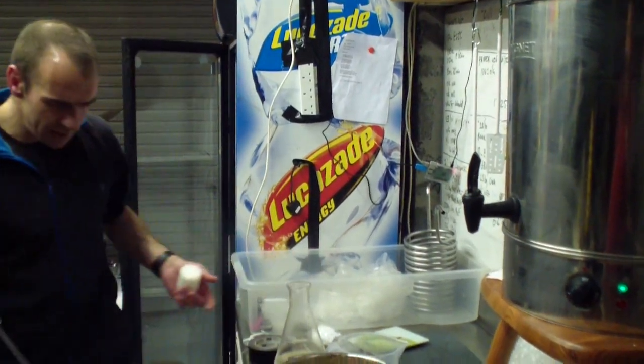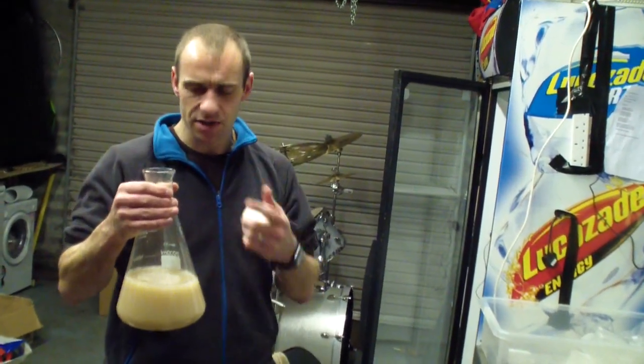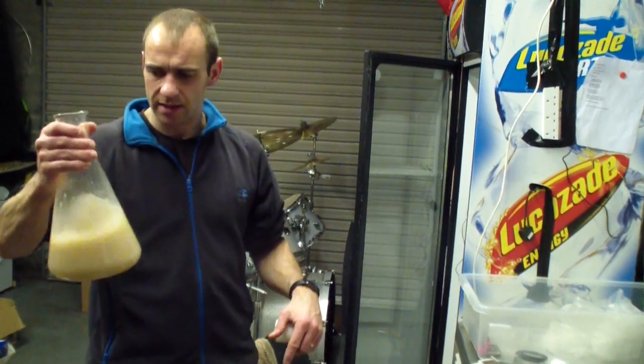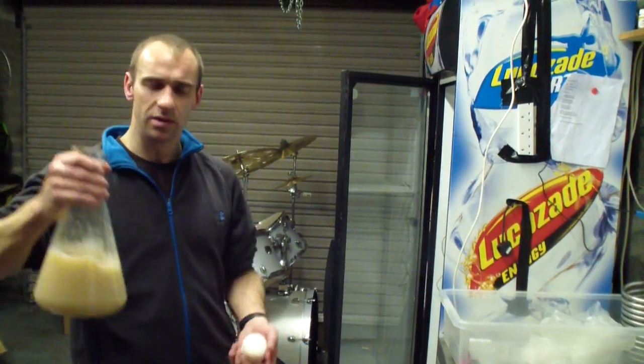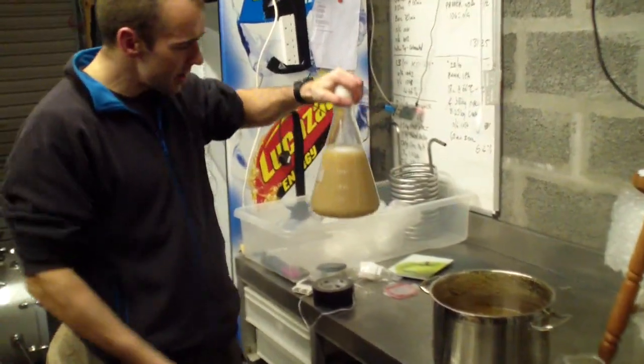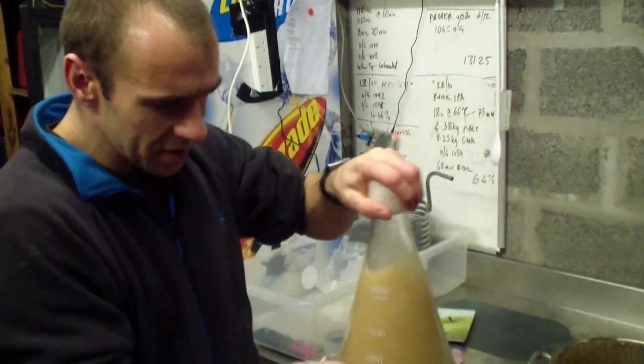So what we'll do is we'll leave that for a little bit, and then we'll add a bit more wort in, and we'll just keep adding it until we get down to as near to 20 as we can, and then we'll pitch this into the wort and see how we go. So we'll just keep giving it a swirl, and I'll stick this on meantime. Okay, so we've got our yeast now mixed in with some more wort, and it's pretty much about temperature, so it's just slightly over 20